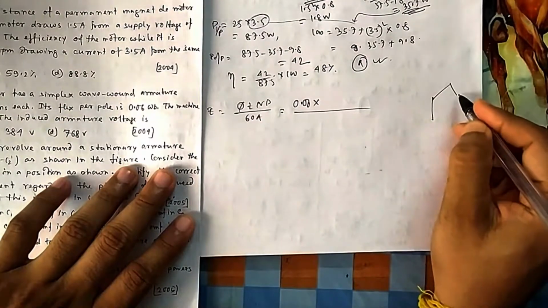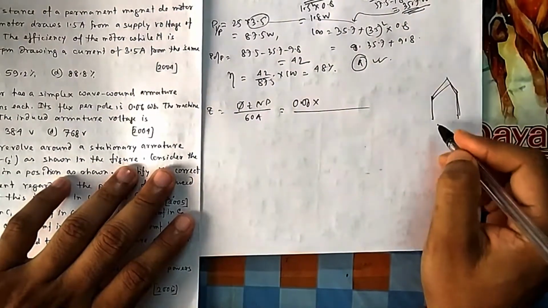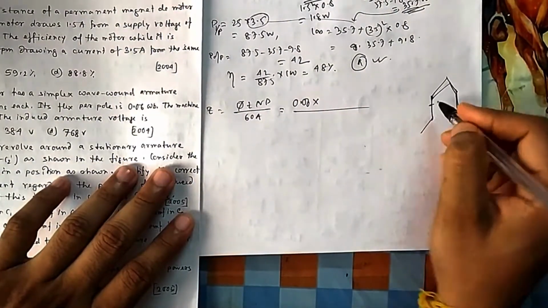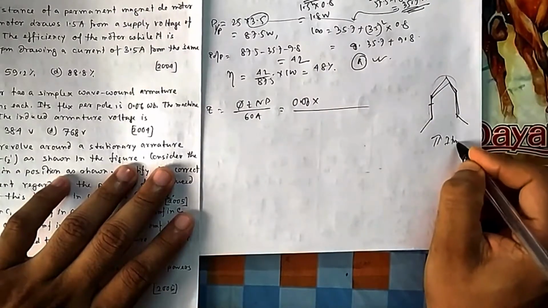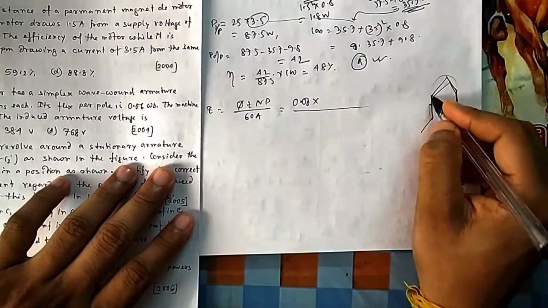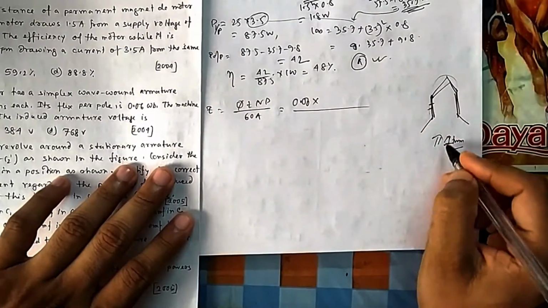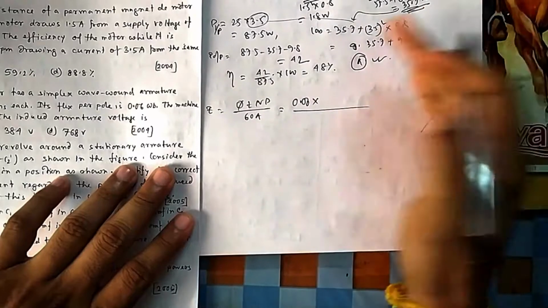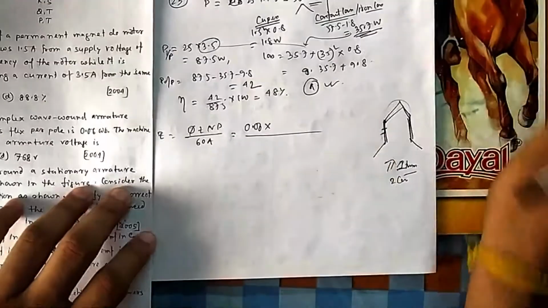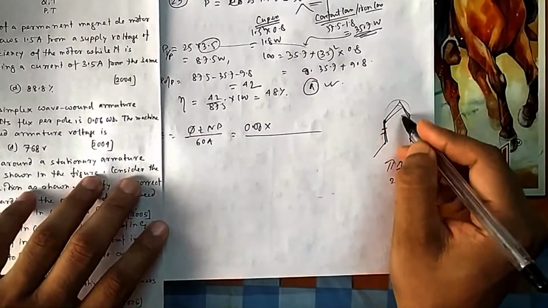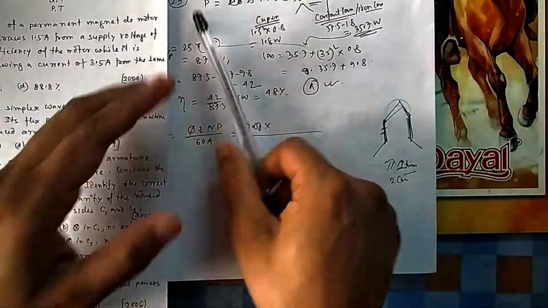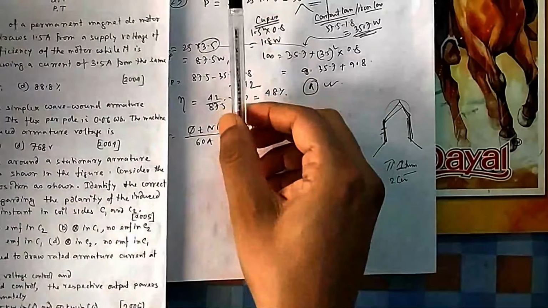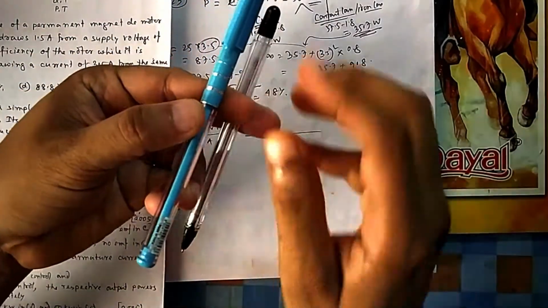So if you take one turn, this is known as one turn. One turn means how many conductors? First conductor, second. These are two conductors. One turn means two conductors. There are two side conductors, and this is to join this conductor. So these are not actually considered as conductor. Conductor is this and this, and this is just to join. Suppose these are the two conductors, and they take a single turn.